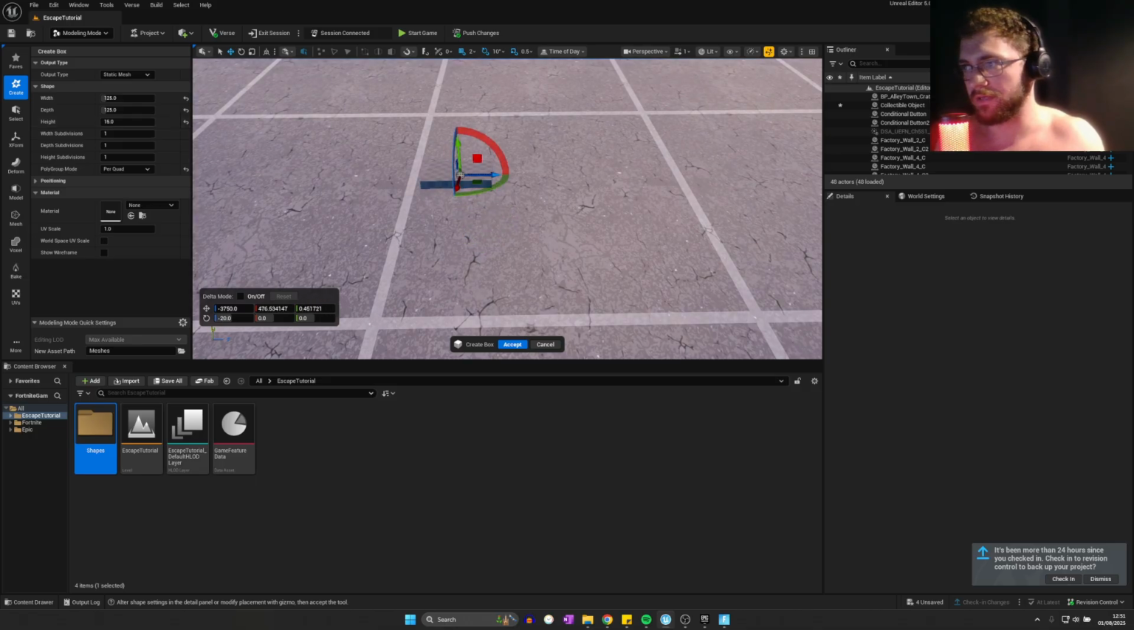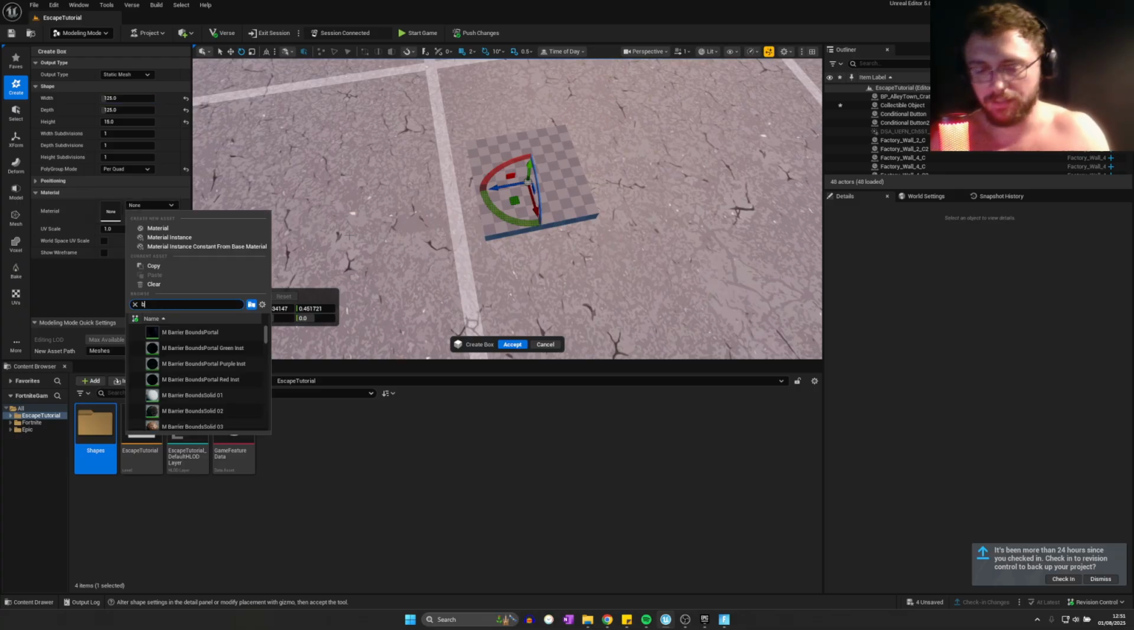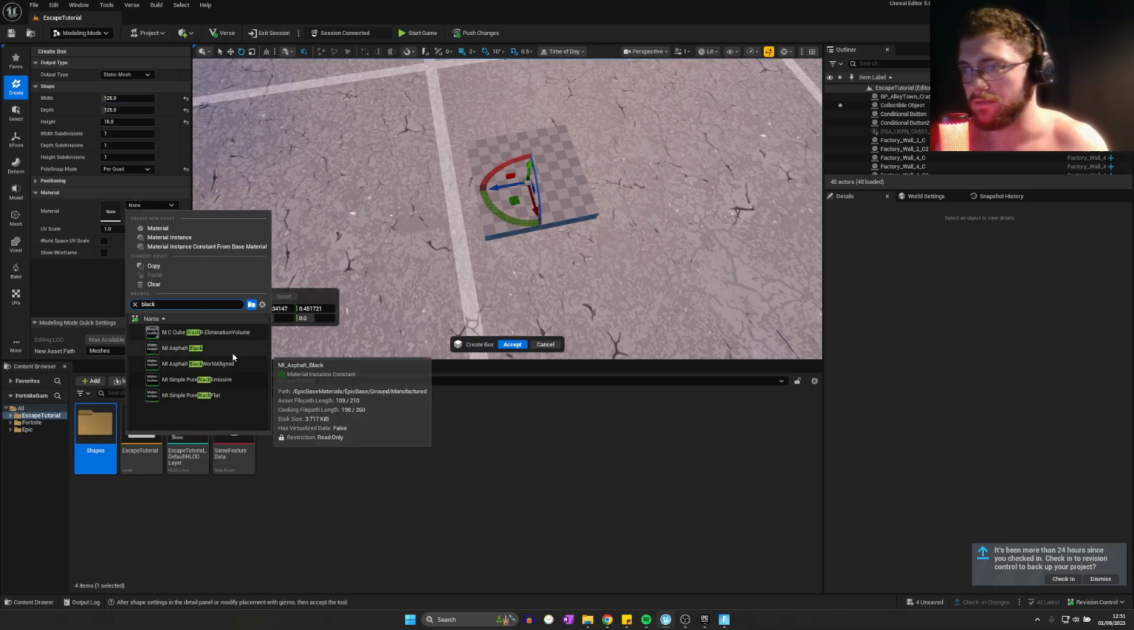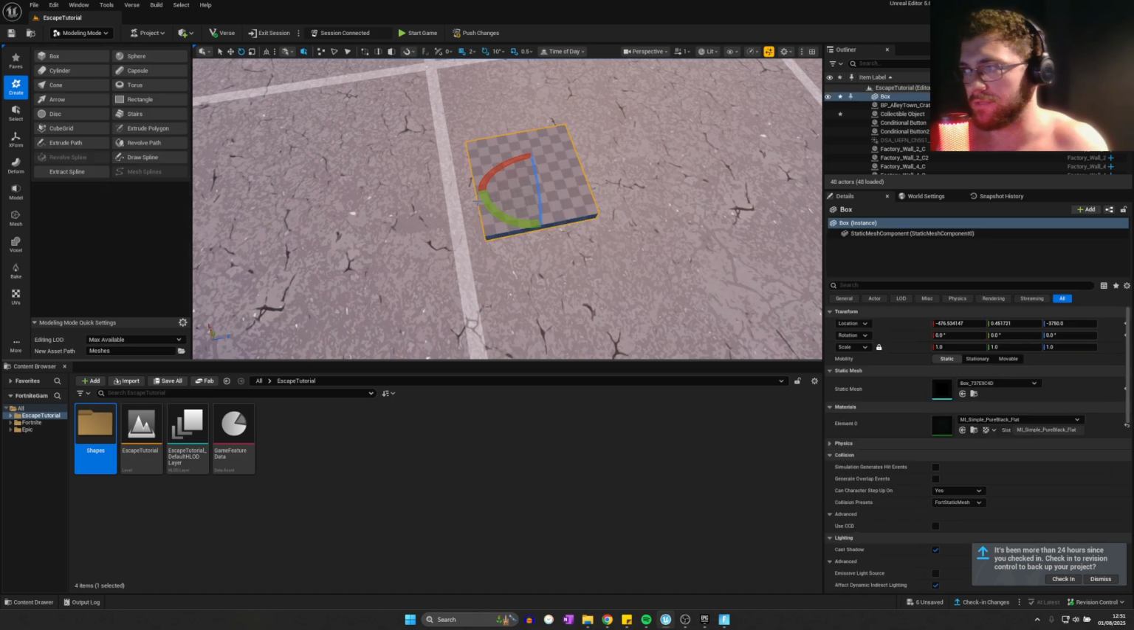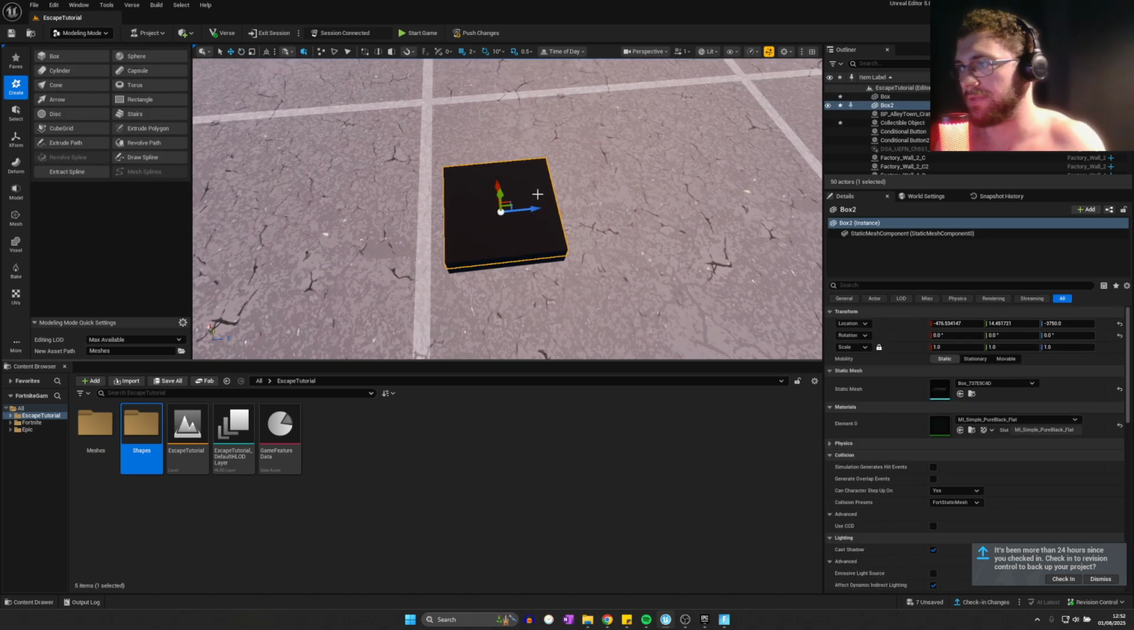Something like this should be okay. Obviously, play around with this. We're going to choose a material in here. For us, we're going to choose black. This will be the outside of the checkpoint pad. And then we're going to copy and paste. And we're going to actually make this one